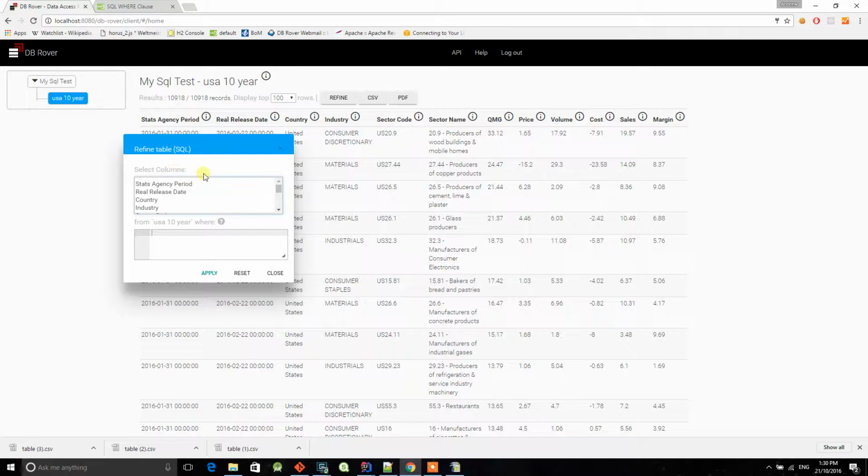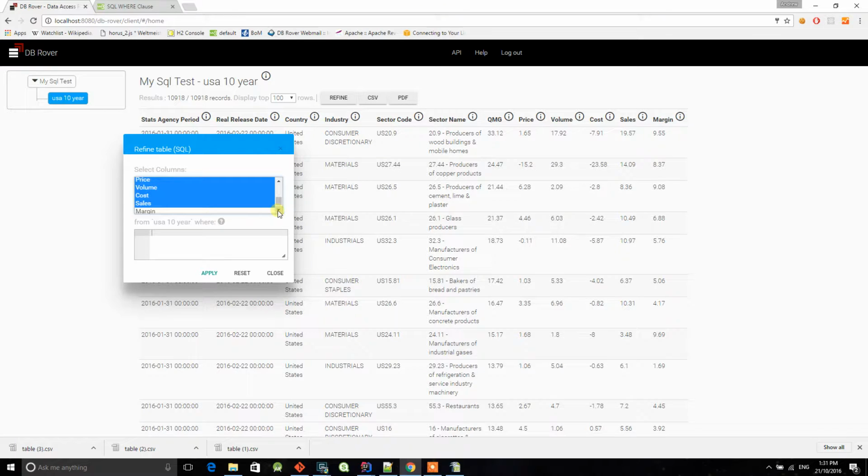The first thing in the refine table is the select columns. These column names may differ slightly from what is up here in the table. If they do, it's just because metadata has been applied to change that table name. If you click on the little I button next to a particular column, it'll show you the column name that's available, instead of the metadata that's been provided. So let's say that we're interested in a few of these columns, so we're just going to grab a few of these columns